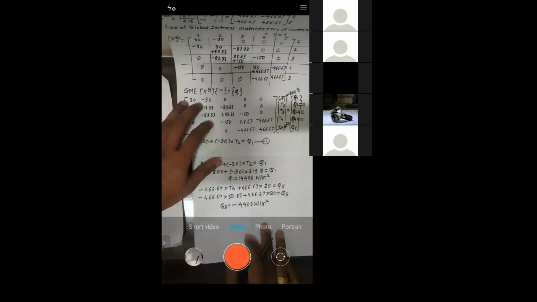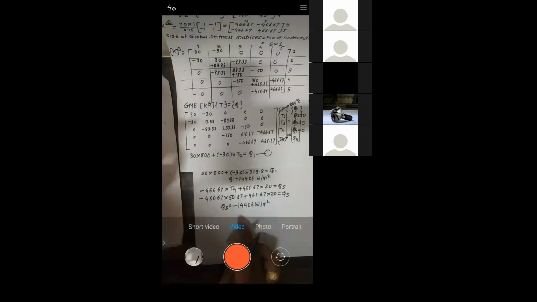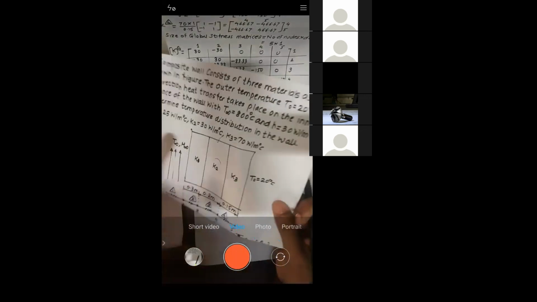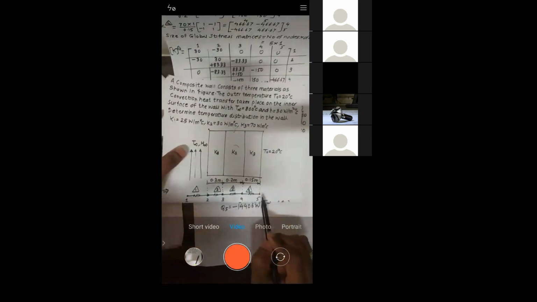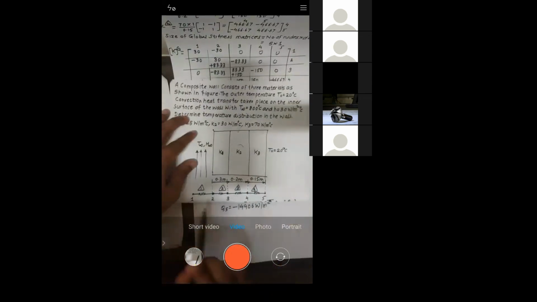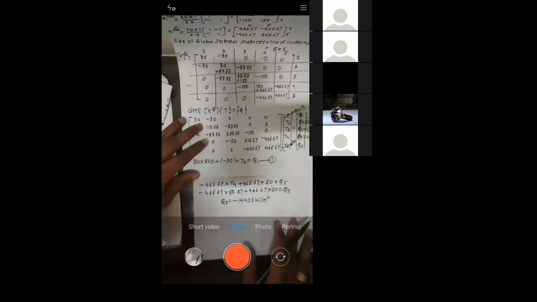See, what do you understand from this plus value and minus value? Whatever amount of heat that is entering at node 1, the same amount of heat is leaving at node 5. I told you, the same amount of heat is flowing through node 1, node 2, node 3, node 4, and node 5. You are not additionally supplying any amount of heat to node 2, node 3, and node 4. That is the reason why we made these values 0, right? Yes or no? Yes, sir.